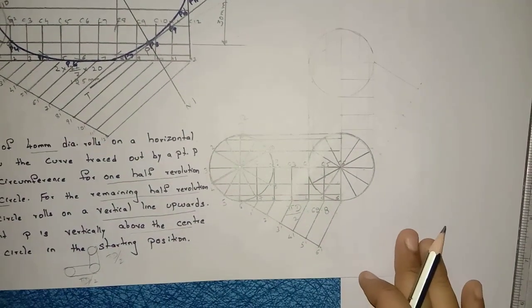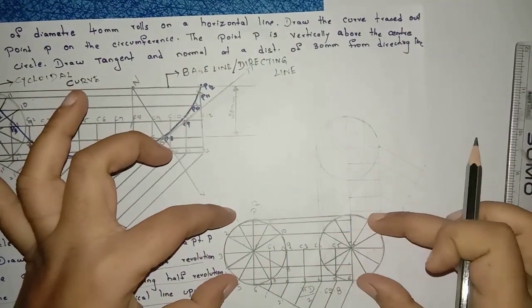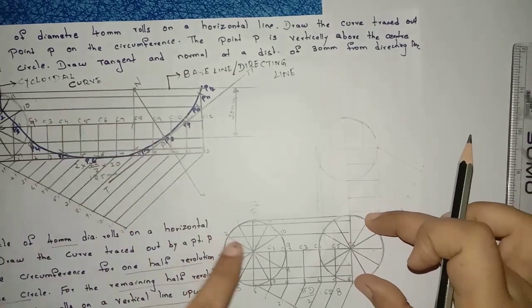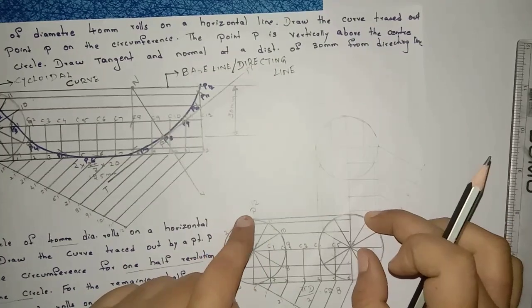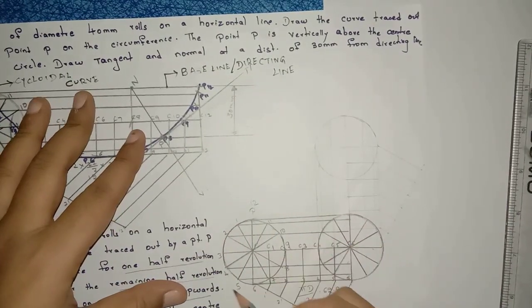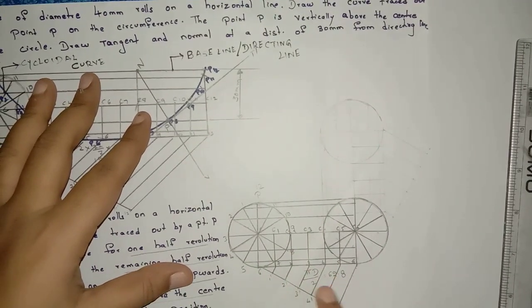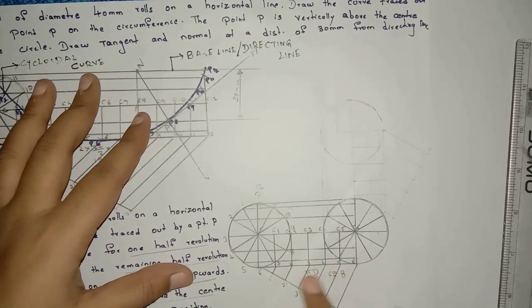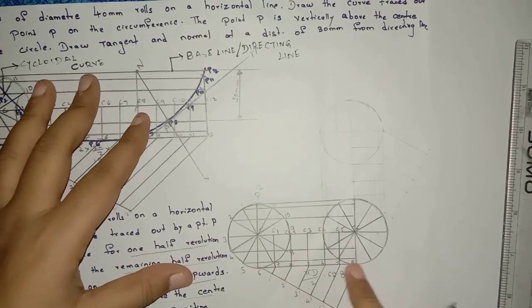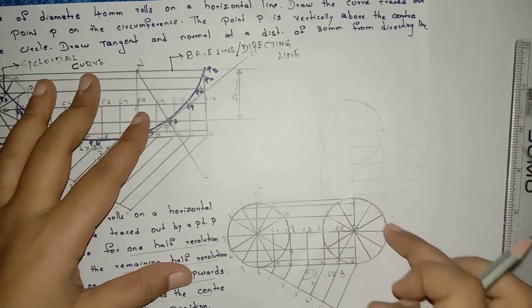What is this actually? A half circle is rolling along a straight line without slipping. So first I am drawing this circle of diameter 40 mm, dividing into 12 equal parts, making the point P here, giving numbers in anti-clockwise direction. After that I am drawing a straight line which is equal to pi d by 2, half revolution only, no? So if I calculate this, I got here 62.8. I'm drawing this one, dividing into 6 equal parts, joining this one, and at the last also I'm drawing a circle.